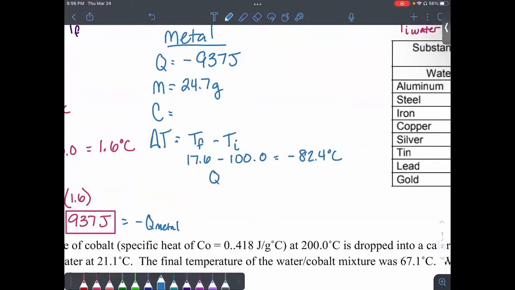So again, we're using Q equals MCΔT, or Q equals MC delta T. Now we plug in our negative 937 is equal to our mass of 24.7 grams times the specific heat capacity, which we don't know, times our change in temperature, which is negative 82.4 degrees Celsius. We can even multiply together our two numbers and leave our C as a separate entity. So we multiply 24.7 times negative 82.4, and we should get around negative